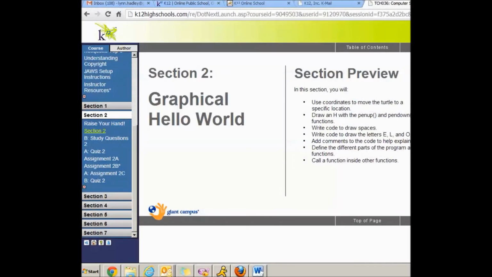Today we're going to do Section 2, writing the Hello World with Python. We're going to use coordinates to move the turtle to a specific location. We're going to draw the H with the pen up and pen down functions. We're going to use code to draw spaces. We're going to code the ELLO, and we're going to add comments to the code to help explain